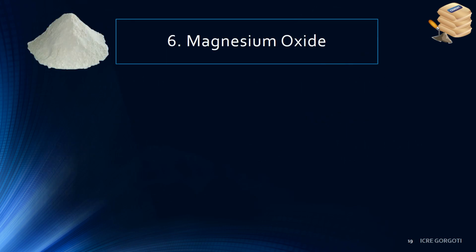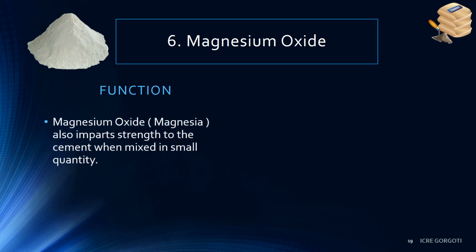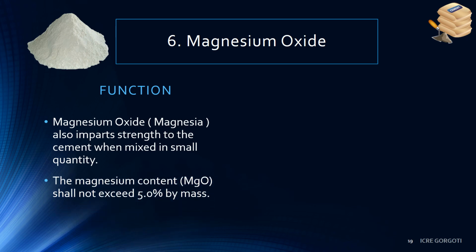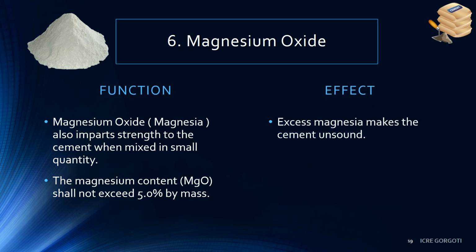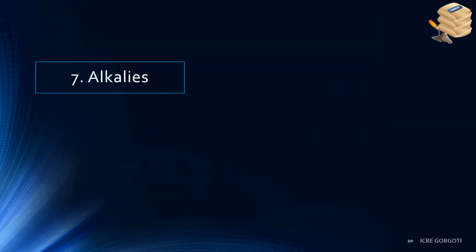The next constituent of cement is magnesium oxide and its function. Magnesium oxide, that is magnesia, also imparts strength to the cement when mixed in a small quantity. The magnesium content shall not exceed 5% by mass, and its effect: excess magnesium makes the cement unsound. The seventh constituent is alkalis. Its function: